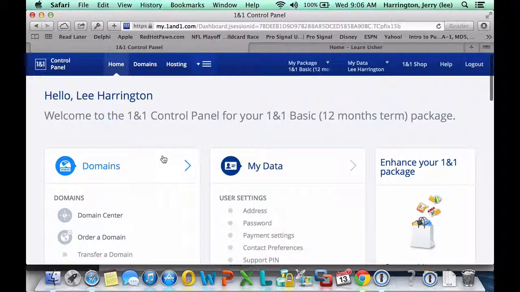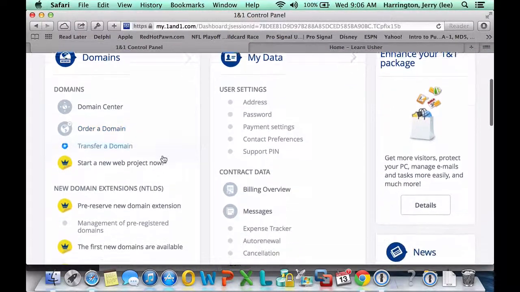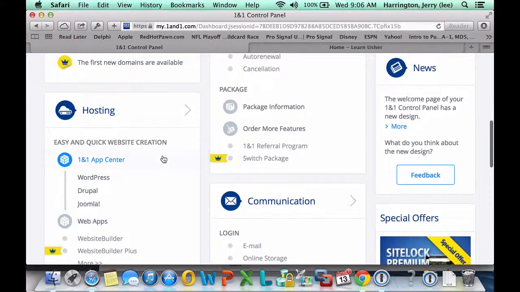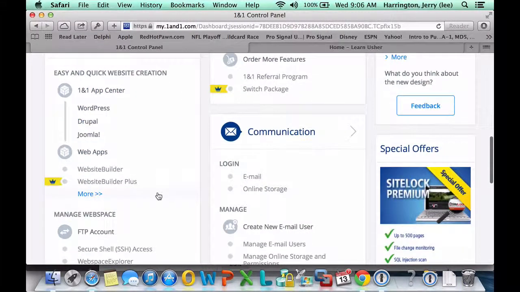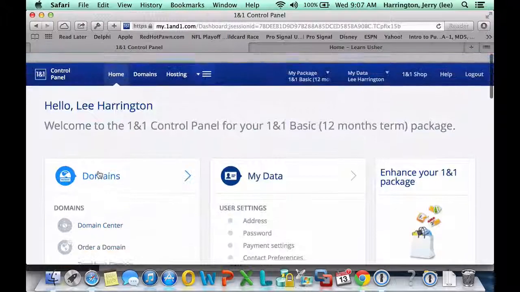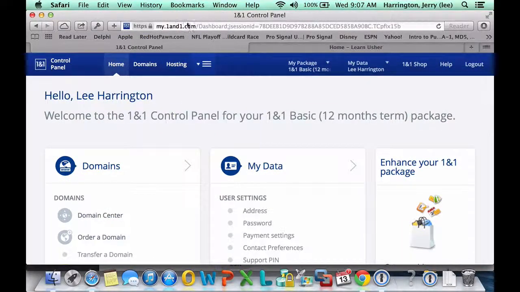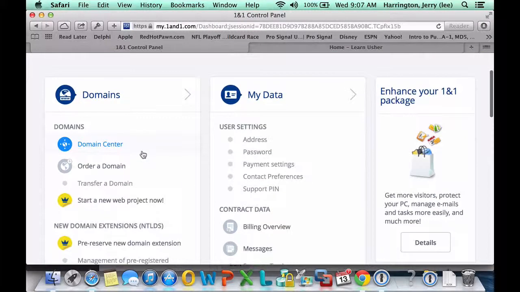If you go in your control panel, we're going to talk about the WordPress here, but I clicked on the website builder. We're not going to cover that in this video, but that's how I put up that very simple default home page. So we've logged into 101.com's dashboard or control panel, and now we're going to, with one click, install